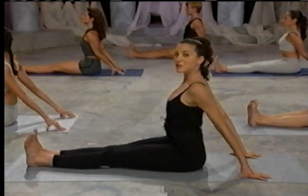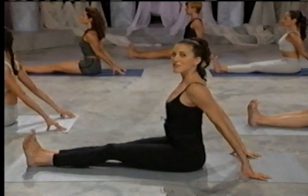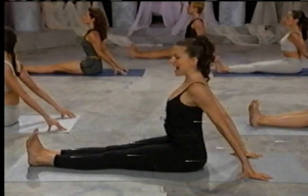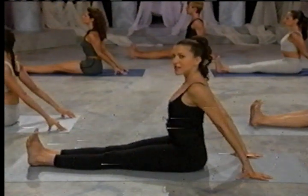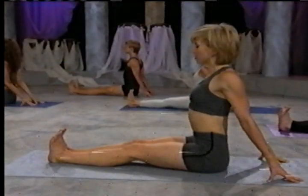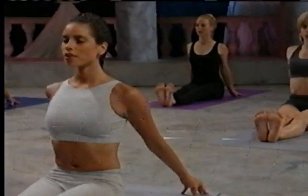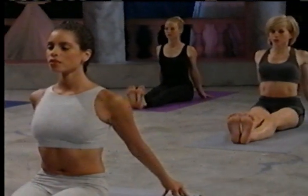So for those of you who sit in front of computers all day, this is a marvelous remedy. Keep breathing and exhale. Active legs. Wonderful definition will be built by this exercise in thighs, hamstrings, calves, even in the ankles. Breathing in and exhale. One more, breathe it in,